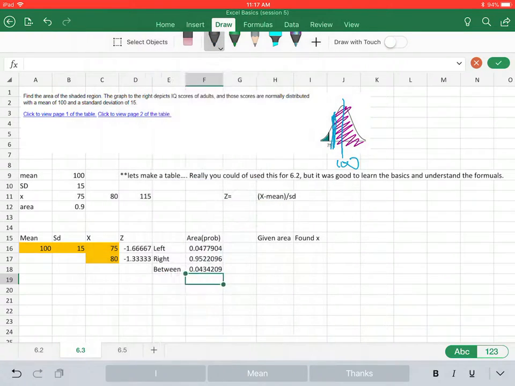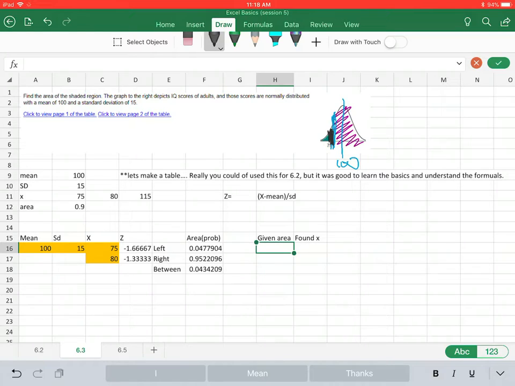And that would be pretty accurate because the only thing that's between here is just this little section of stuff like right there. So it looks like it would be pretty close to me. So that's how you would calculate the 3 different ways that you can do that. To the left of your given value, to the right of the given value, and between 2 different given values. So the other thing that you can do